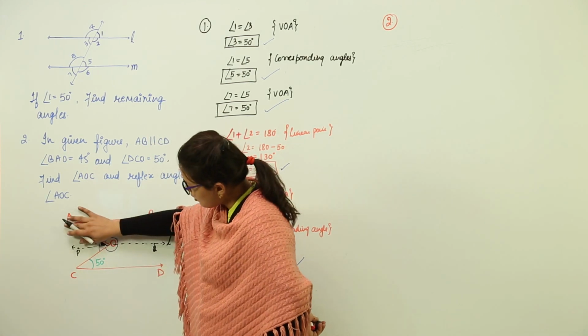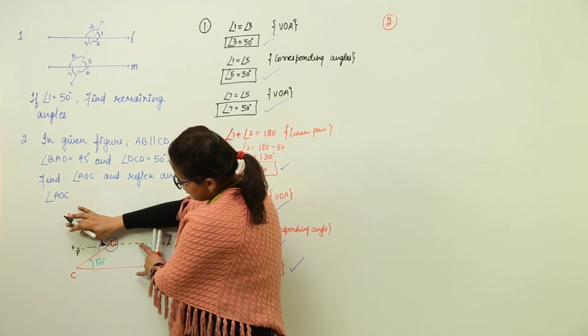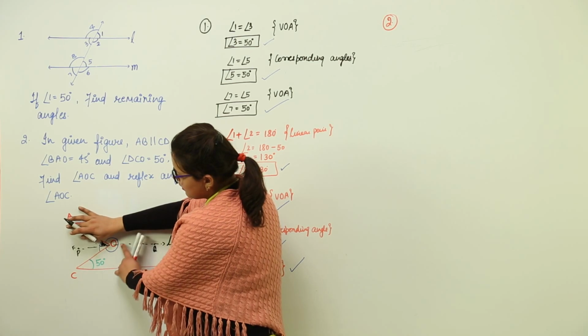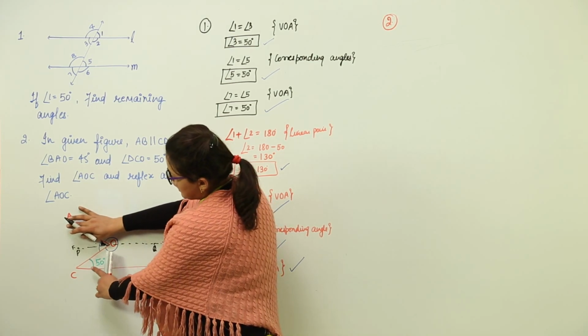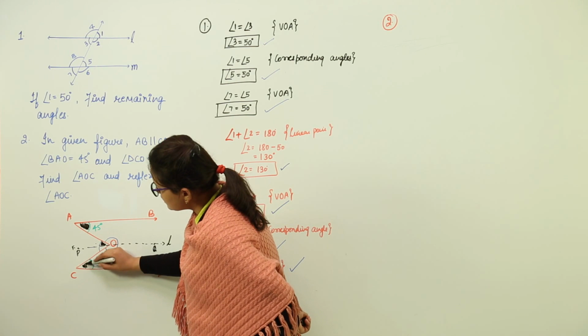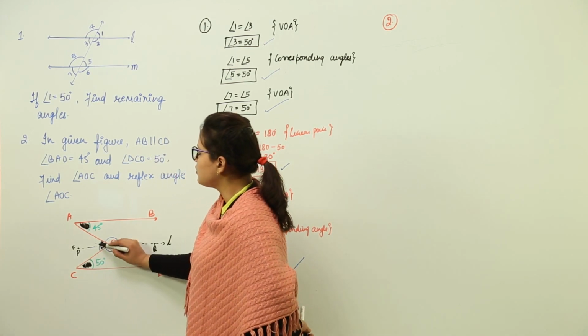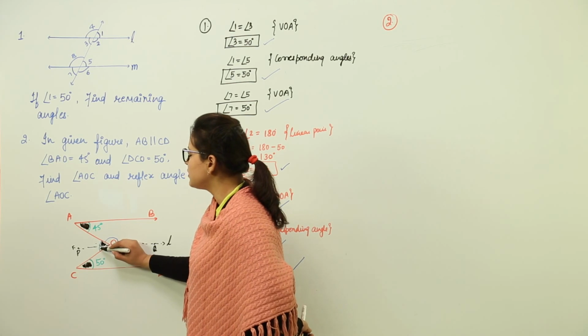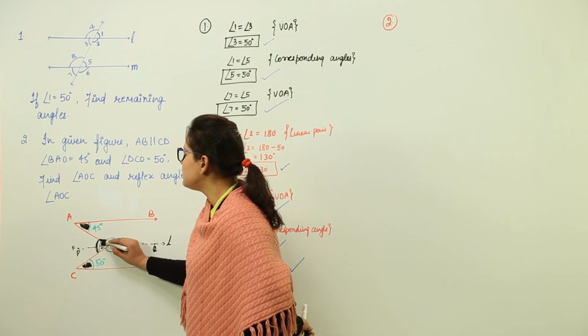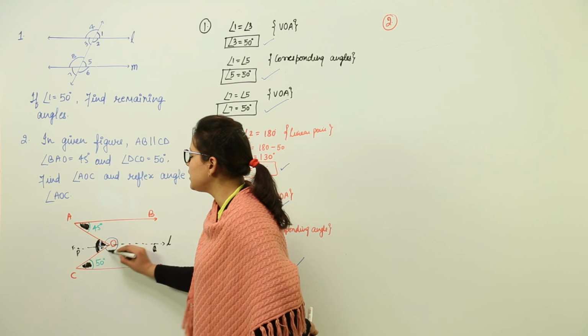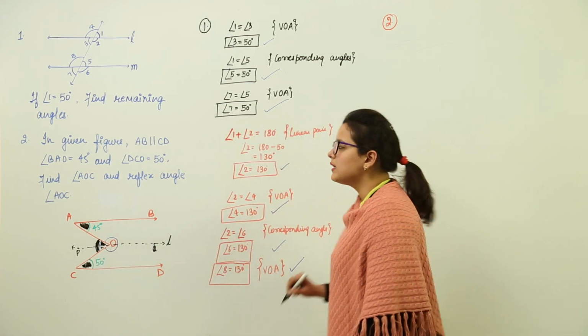Similarly, if you forget the top part, look at the lower portion, you have the two parallel lines and CO as the transversal. This particular angle is going to be equal to this angle, that will give you 50. Now you will have this and this both. If you add them up together, you're going to get the total angle AOC to be found. So we'll do that now.